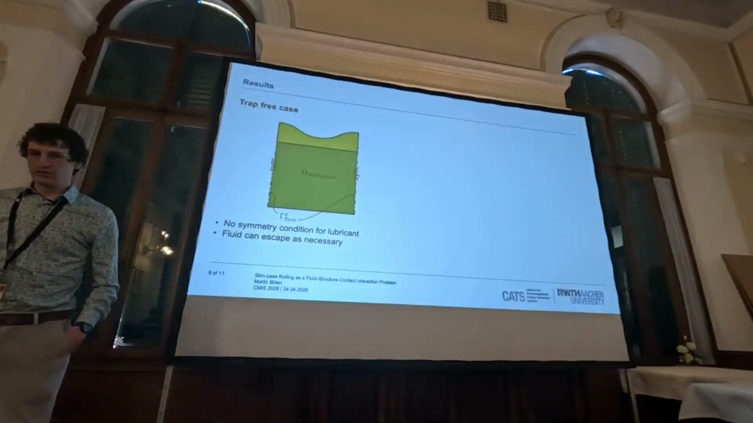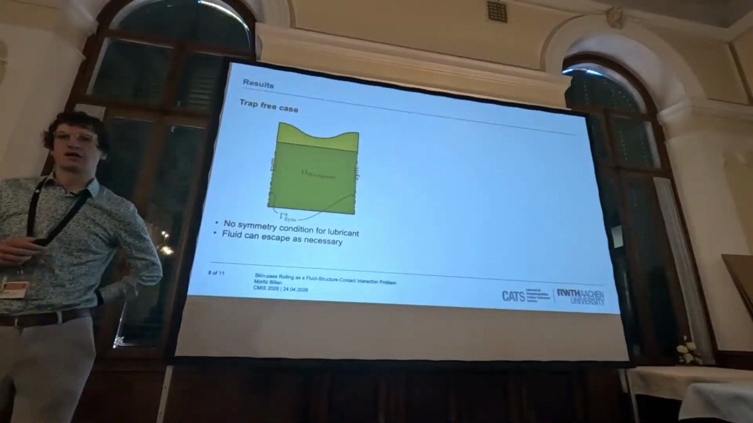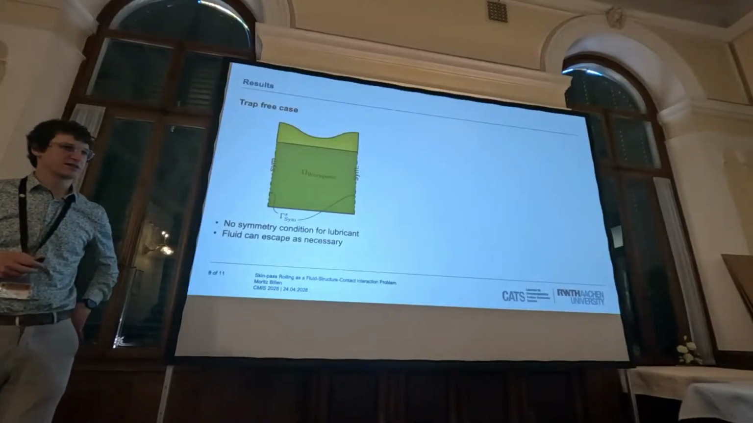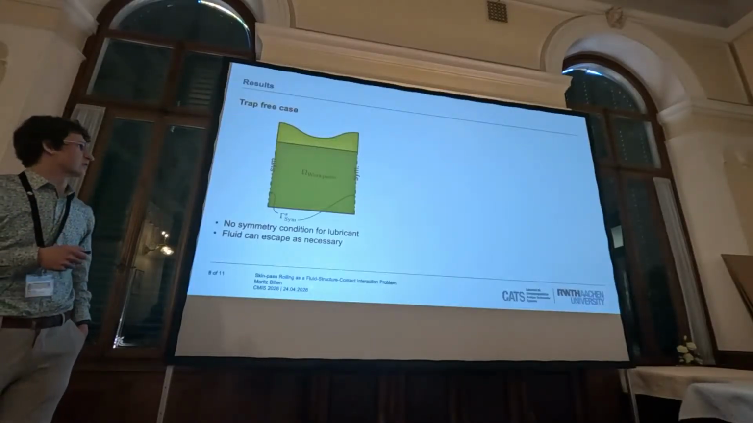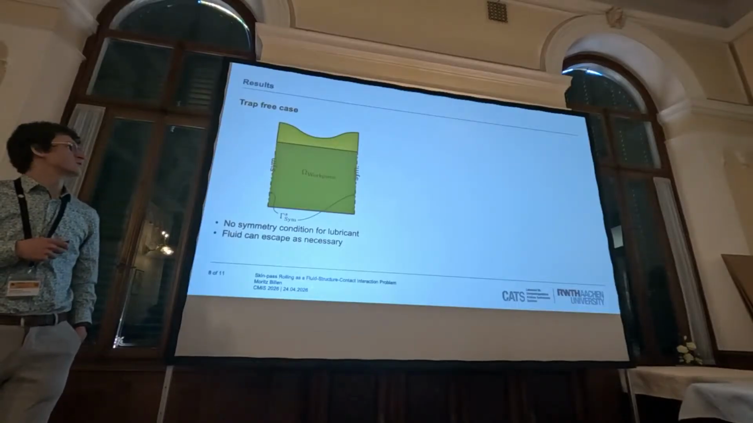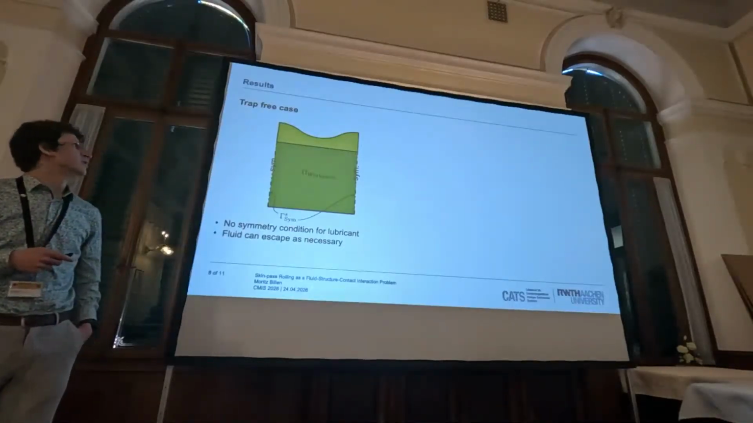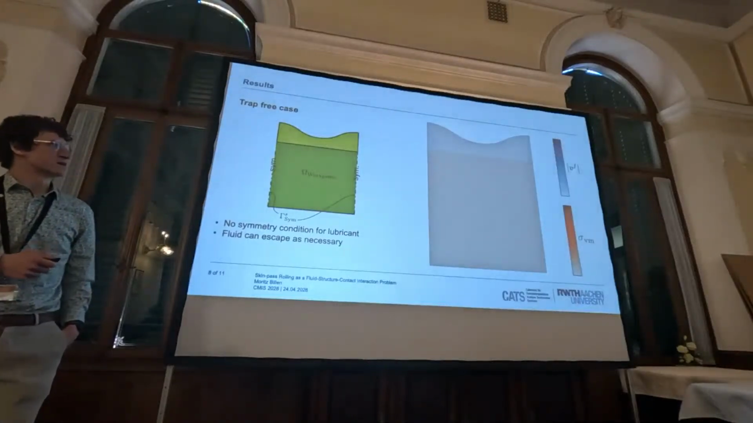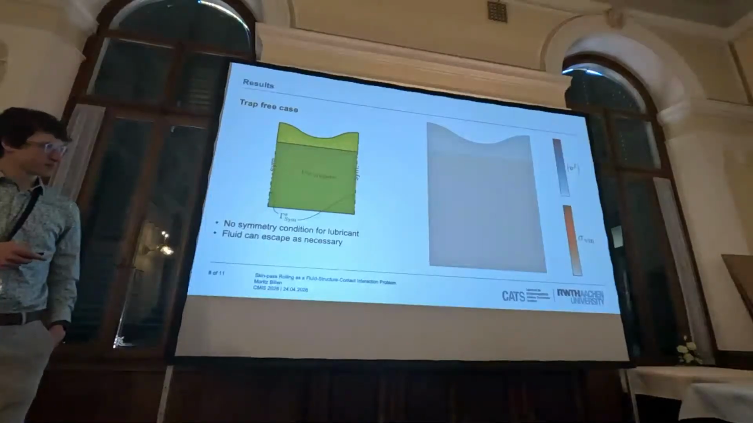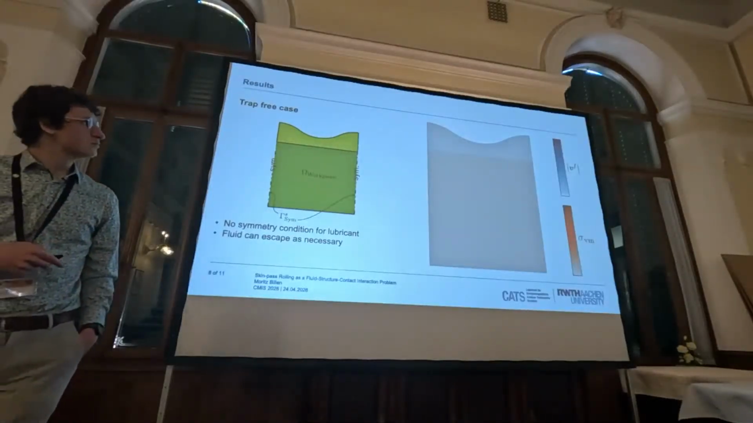Right, so I want to move on to results, and these are very preliminary. I want to start with a trap-free case. So now I talked a lot about the traps, but now I leave the boundaries open, so the fluid can escape and come in as it wants to. And this is how my mesh looks. And if I start the animation,